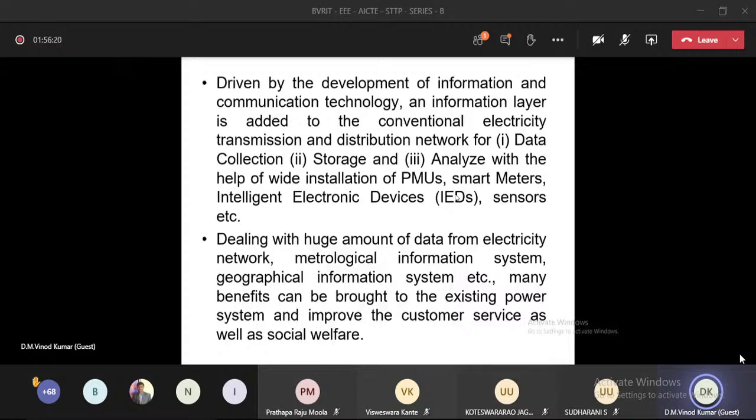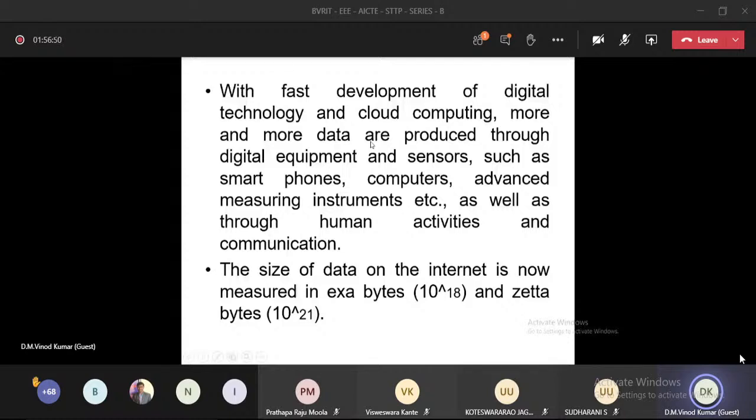Therefore, another point: dealing with huge amounts of data from the electricity network, meteorological information system, geographical information system, etc., many benefits can be brought to the existing power system, improving customer service as well as social welfare. And one more thing is that with the fast development of digital technology and cloud computing, more and more data are produced through digital equipment and sensors such as smartphones, computers, advanced measuring instruments, etc., as well as through human